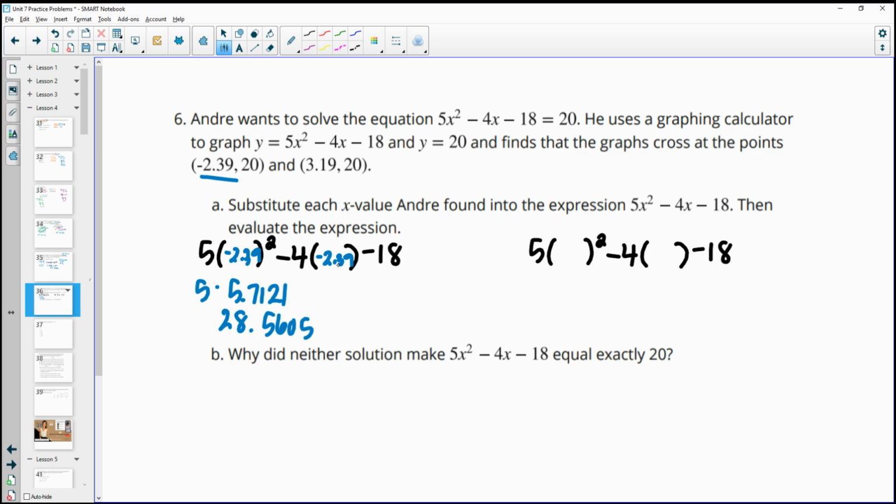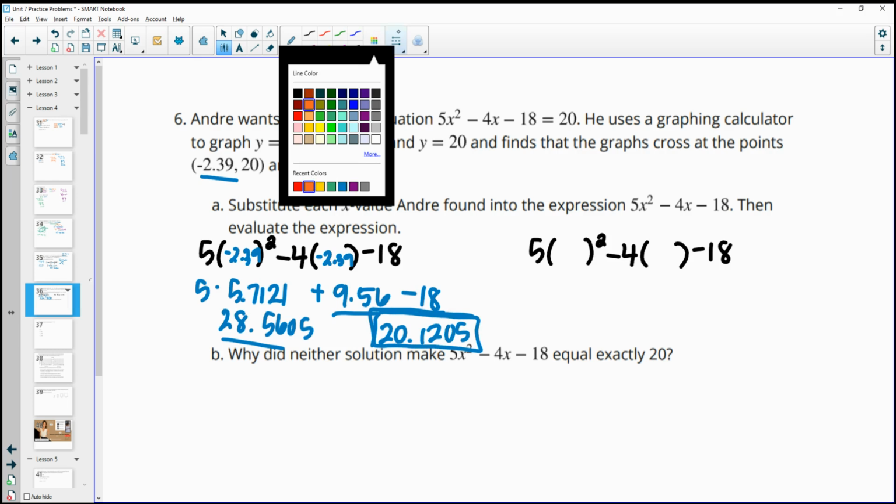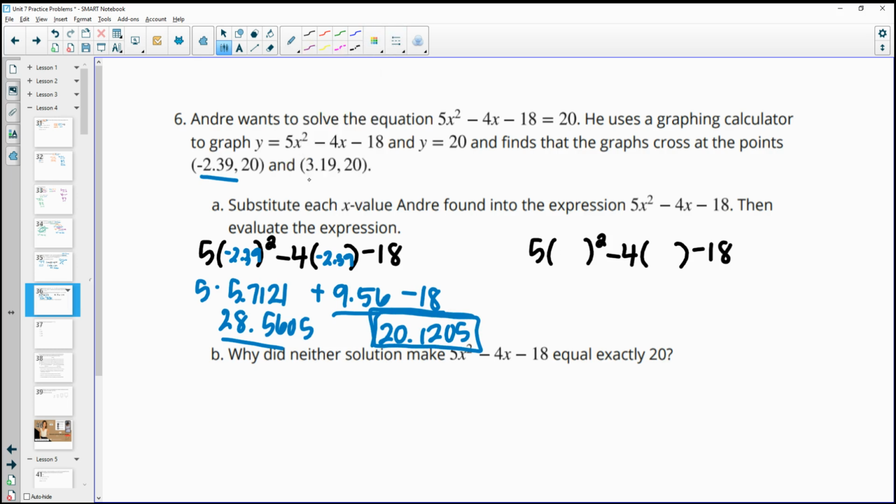28.5605. And then negative 4 times negative 2.39 is positive 9.56. And we still have that minus 18. And when we combine all of that, we end up with 20.1205. So as we plug in, that's what we end up with for that one. And then if we do it again here, but using 3.19,